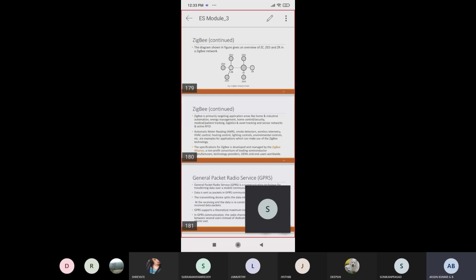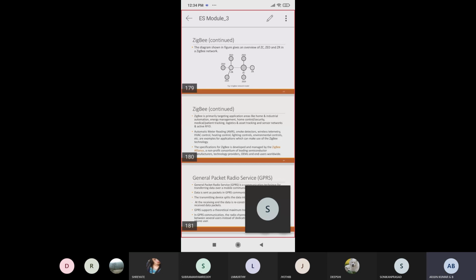These are the general communication devices commonly used in embedded systems. Next year, when you go for the project, you will know what GPRS means, what Wi-Fi means, and why you are using Zigbee. There are also long range communications. Here Zigbee will be a maximum of 100 meters, but in long range communication devices the range can be maximized up to 1 kilometer or 2 kilometers.